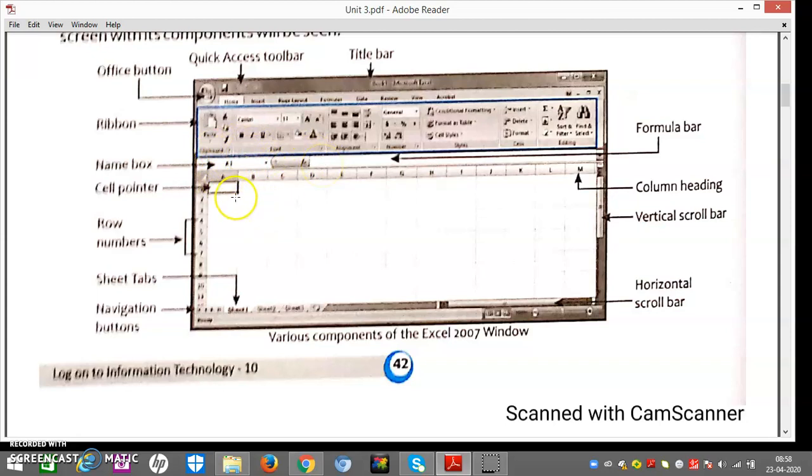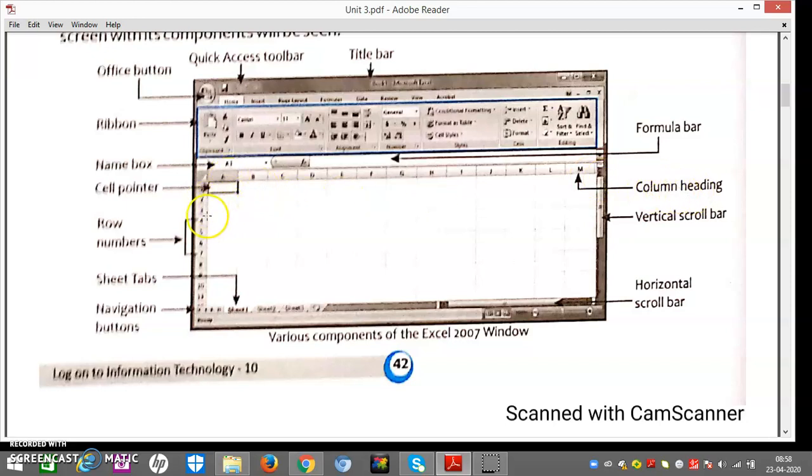Now friends, you have seen Excel or spreadsheets in tabular form in grids. Every grid that is enclosed within this one frame is known as a cell. And this outer lining is known as the cell pointer. So A1, A2, B1, B2 all are known as cells. And these are the columns A, B, C, D, E, F. These are called the column heads.